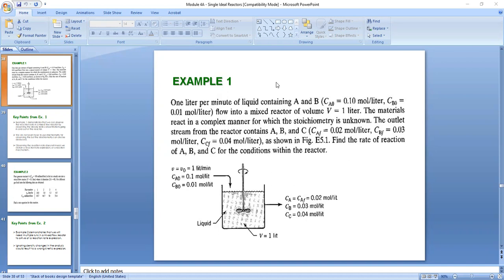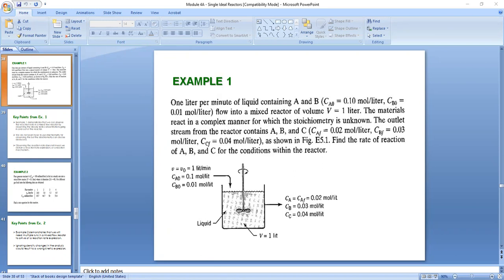But if it's already needed in reactor design, it's supposed to be that you know already the rate, or you can determine the rate based on the performance equation. Okay, so you're right. You are asked for the quantity or for the actual values of the rates of A, B, and C. So I'll go to the Jamboard